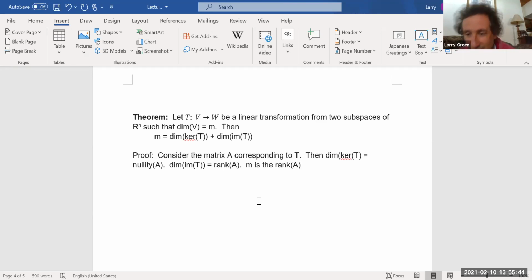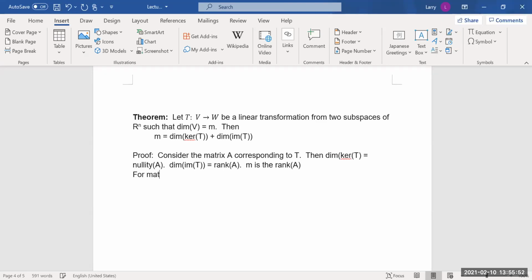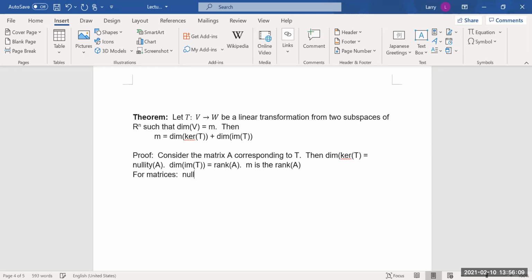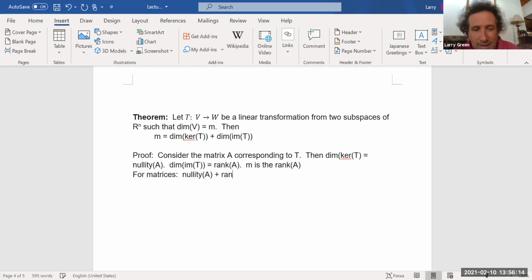Who knows? Because now we can rewrite it as M equals the dimension of kernel of T plus dimension of image of T, and we just showed that that's true. Yeah, the dimension of the kernel of a matrix, or let's say nullity, of a matrix plus the rank of the matrix is always equal to,